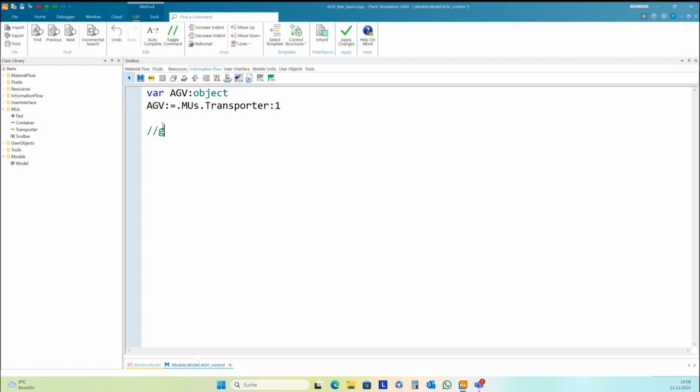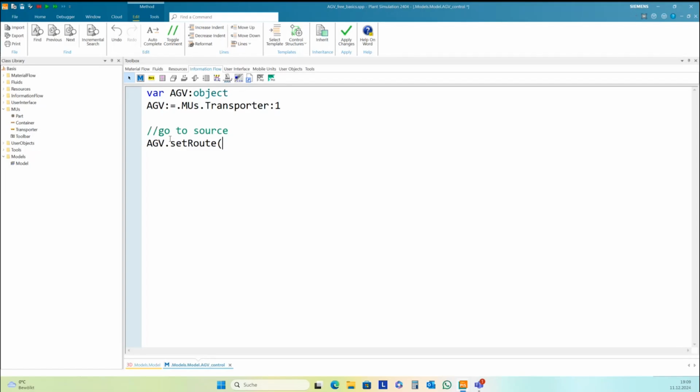And the first step is go to source. The most important command for the AGV, for the free driving AGV, is set route. AGV point set. I need to set here an array of markers.